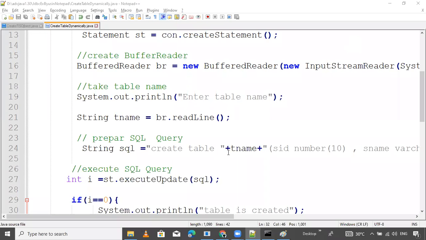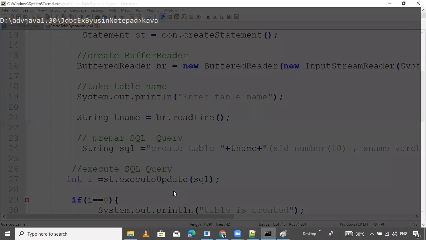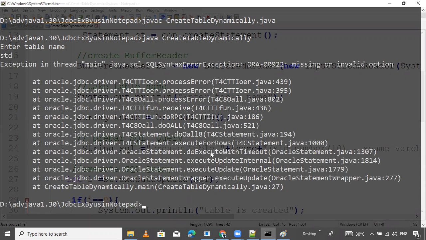Yeah, we are facing a problem. What is the problem? Javac. I want to run the program. Like that, SQL syntax error. Missing invalid option.